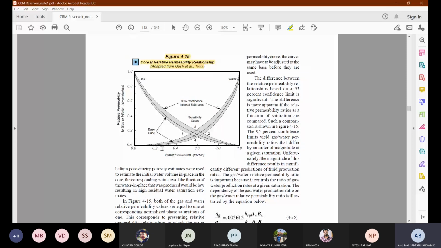Okay, so now let us try to see. You can see the x-axis value is from 0 to 1. So that means the water saturation is from 0 to 20% to 40% and so on. It is the total saturation. You can see that both of the graphs are complementary. Whenever the water saturation is 1, the gas saturation is 0. And at the final water saturation, when it is totally filled with water, the relative permeability of the gas is going to be 0.